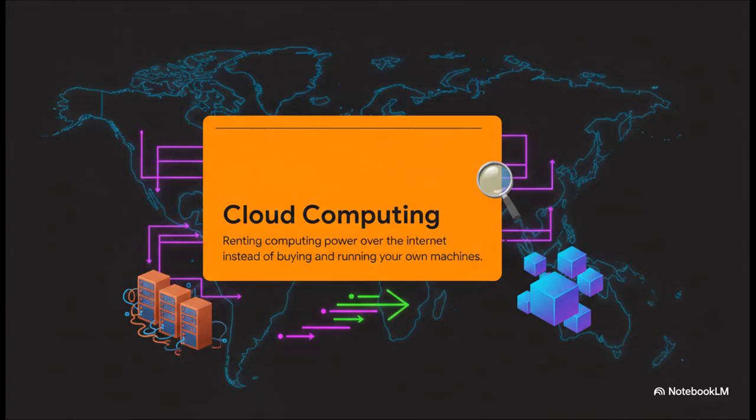The absolute crucial point to understand is this. Cloud computing is simply renting computing power over the internet, instead of buying and running your own physical machines. That is the entire core of it. You're accessing on-demand resources from global data centers, and you are just paying as you go. Everything else we are going to talk about today is simply a matter of how much of that technology stack you choose to hand off to the person you're renting from. It is the ultimate shift from owning heavy, depreciating physical assets to renting weightless digital power.